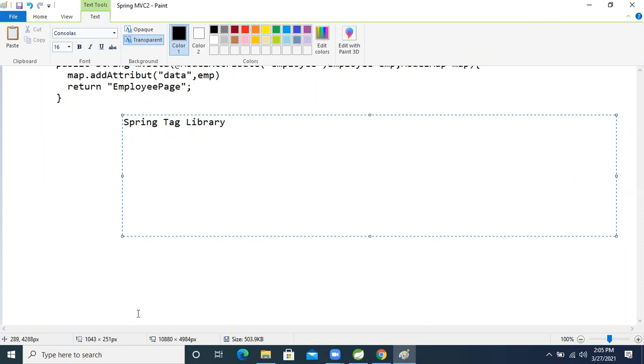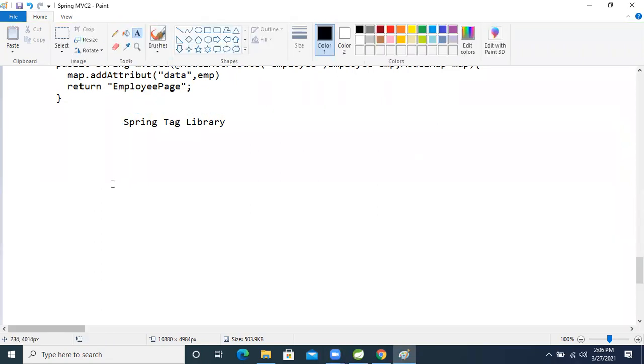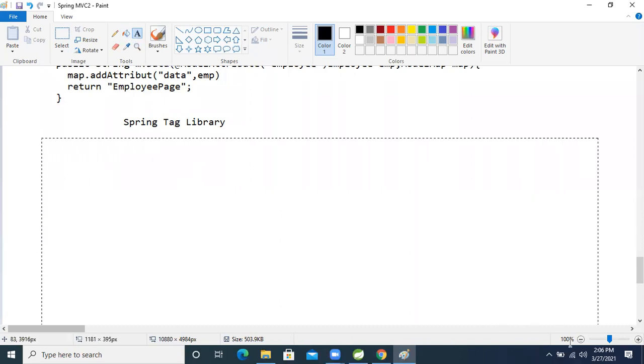A tag library lets you write Java code in tag format, which makes it easy to apply CSS, JavaScript, and UI. Like how we write in GSP code, at that time we are writing the Java code using tag base, right? The same functionality is given by whom? The same functionality is given by Spring people also. But using Spring, some more things we can do. Which kind of things?